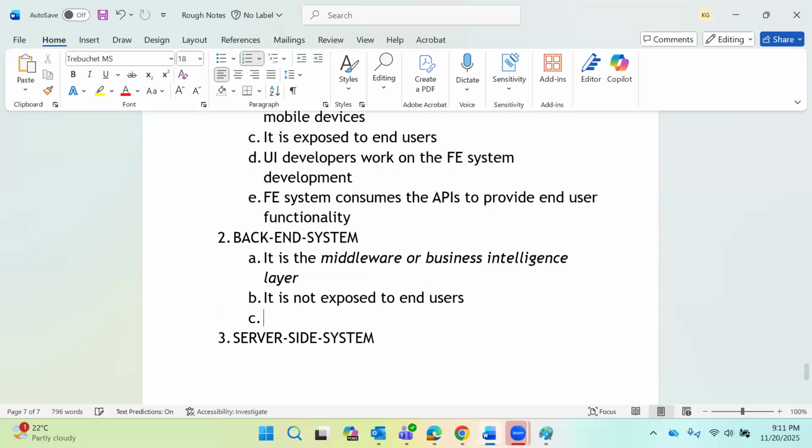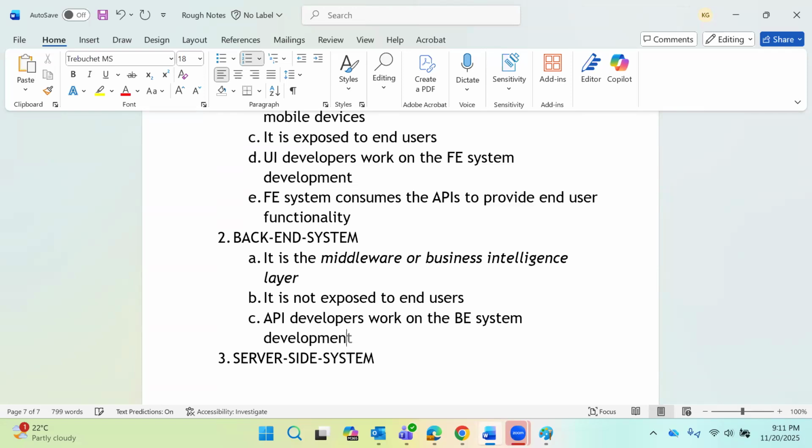Okay. And who will be part of backend system? API developers. API developers work on the backend system development, or backend developers. You can call them backend developers. And backend, any questions, guys? Okay. Yeah. So backend system